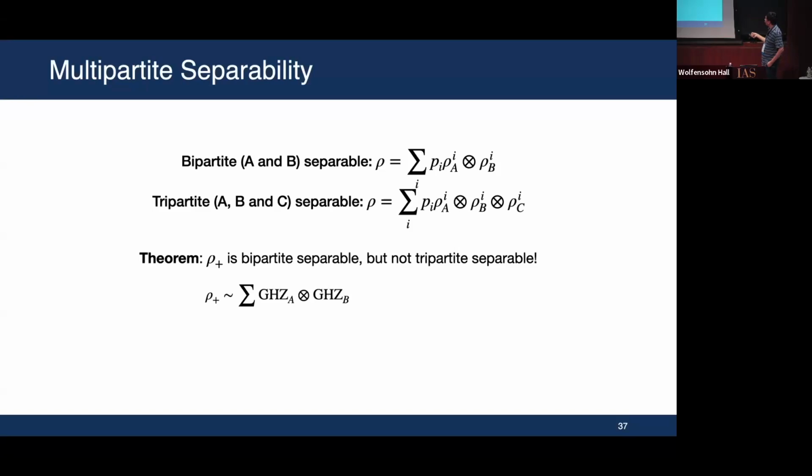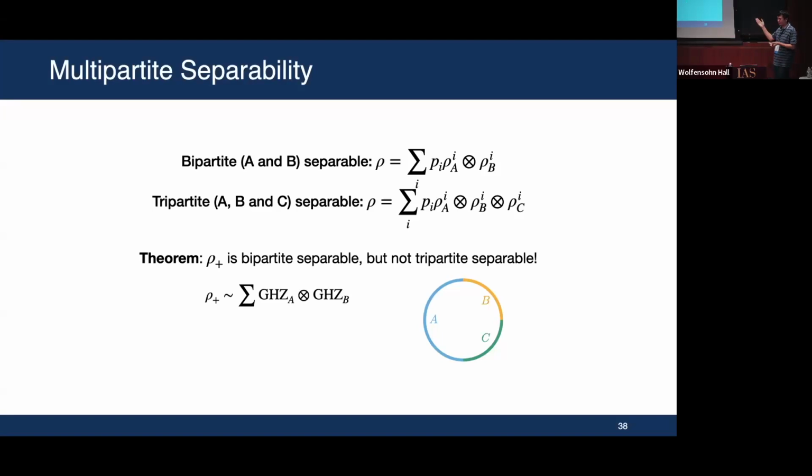However, if you try to cut it into two parts, you can do that, but then each subsystem looks like a long-range correlated state, which cannot be divided further. Okay? And I should say that tripartite refers to this particular partition of the system, not an arbitrary partition, A, B, C, which are adjacent to each other and make up the entire system, obviously. Okay. So this is a funny property.